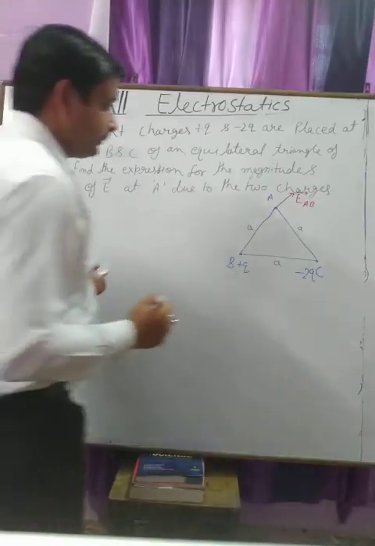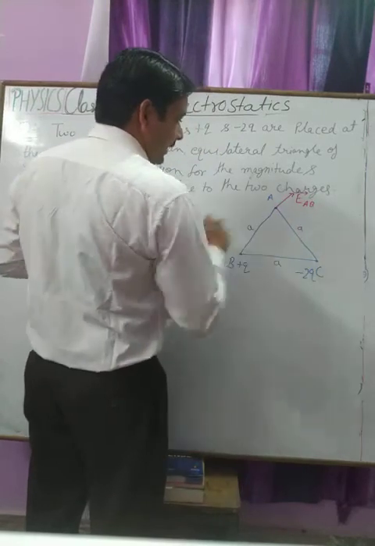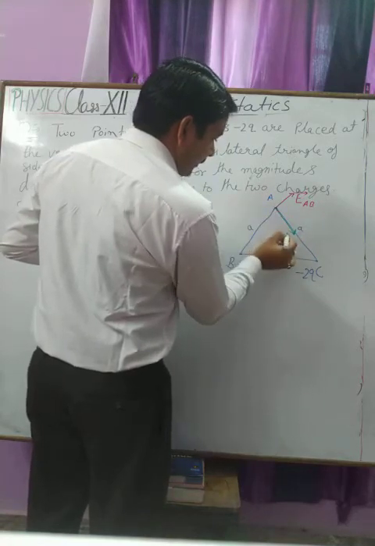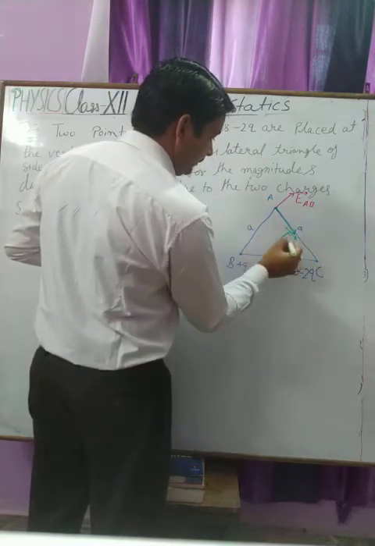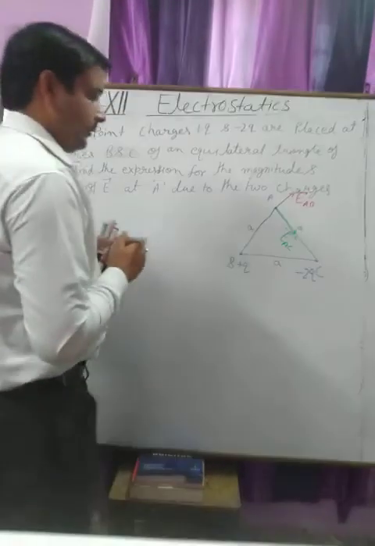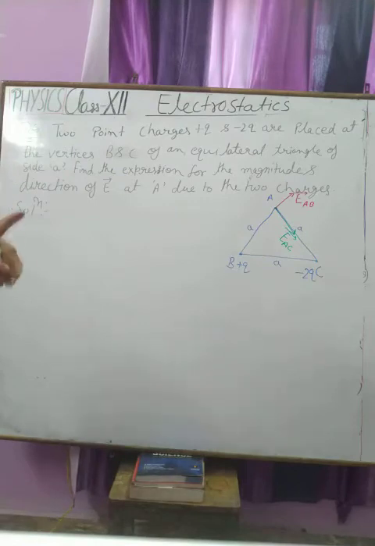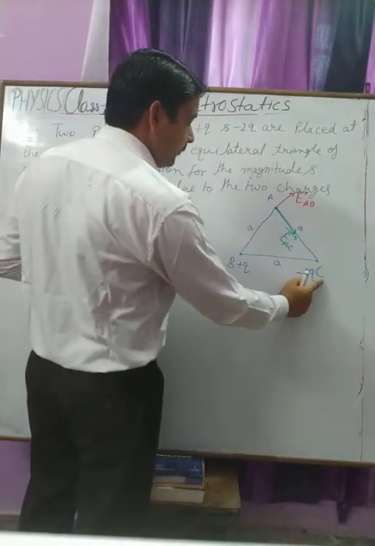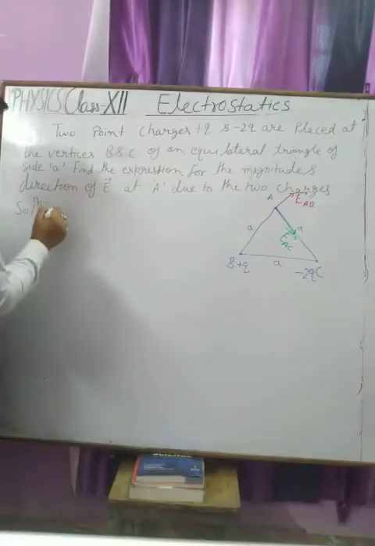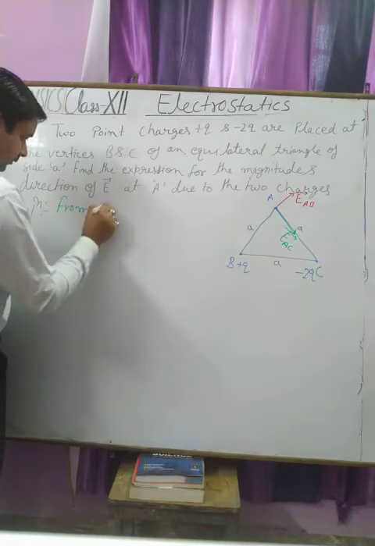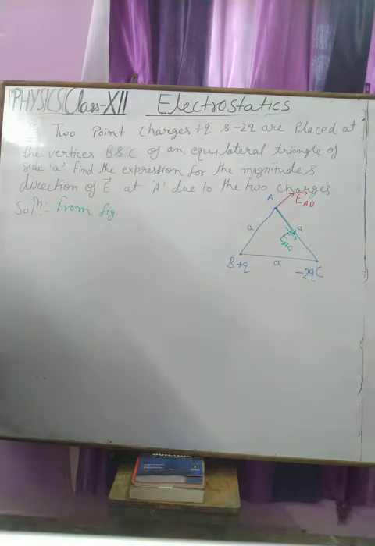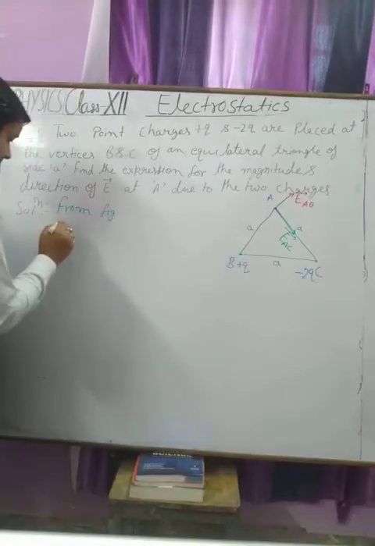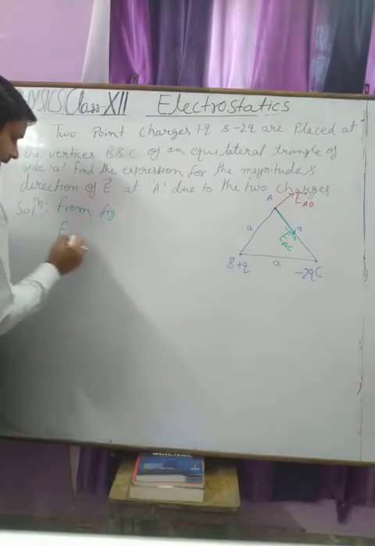And student, the electric field due to point C at A is the electric field at point A due to point C. So first we calculate the value of the electric field due to the charge at point B and the charge at point C. Therefore, from the figure we have the electric field at point A,